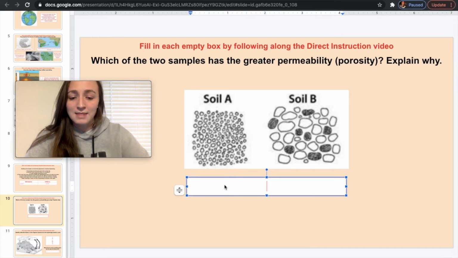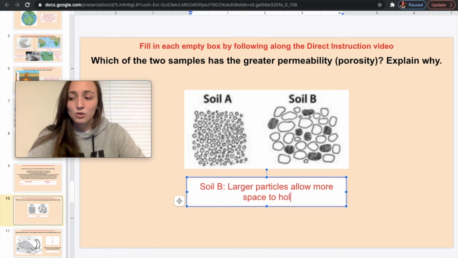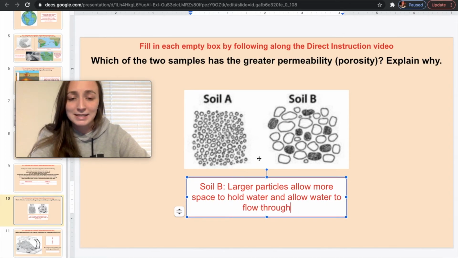So we're going to say that soil B has the greatest permeability or porosity, and that is because the larger particles allow more space to hold water and allow water to flow through. So if you are planting something that needs a lot of water, you're probably going to want to put it in soil B because it's going to allow for a lot more water to pass through as opposed to soil